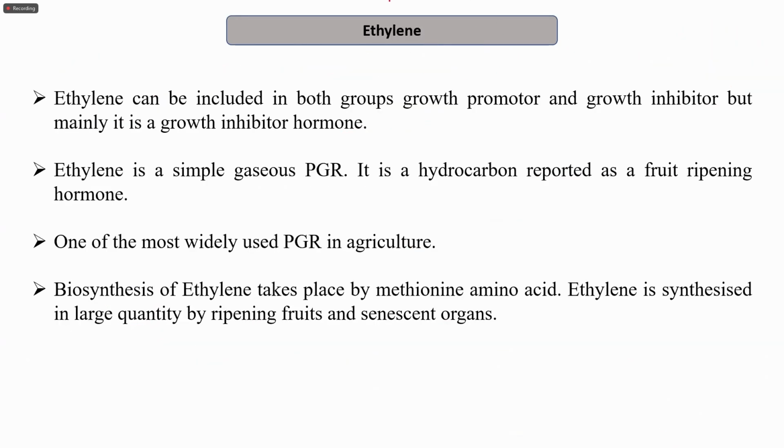The next one is ethylene. We know that ethylene is one of the gaseous, it is the gaseous plant growth regulator which was discovered firstly by H. Cousins. So ethylene can be included in both the groups. As I mentioned, it can sometimes act as a growth promoter as well as growth inhibitor, but mainly it is